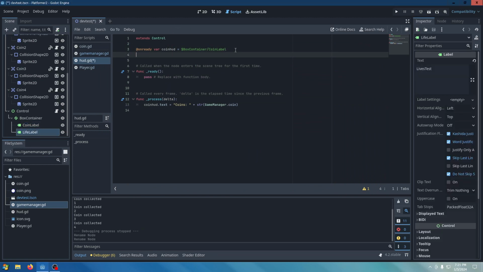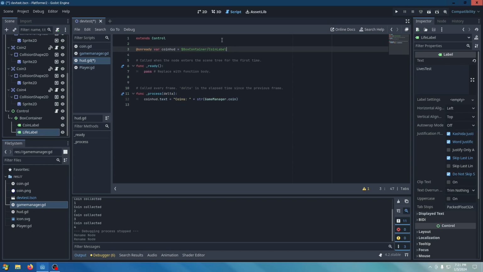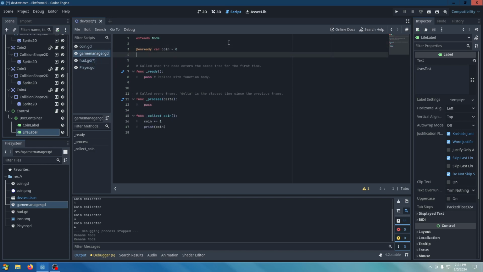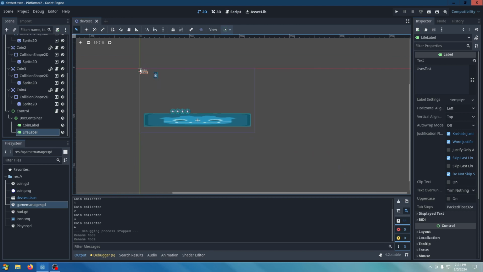Now, what are we going to do next is add another variable in the game manager. Call it onready variable life equals 3. And what are we going to do for now is